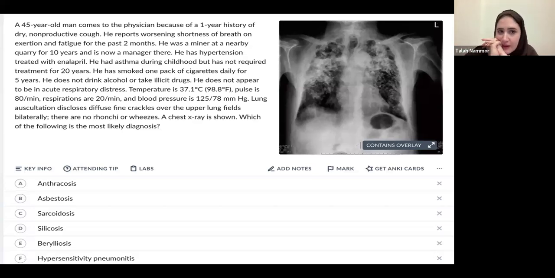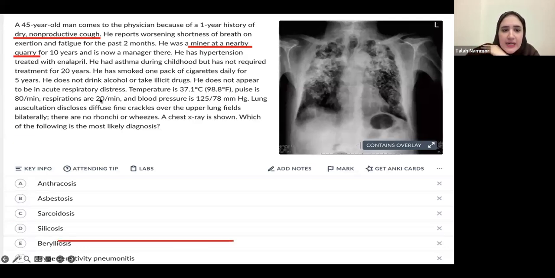A 45-year-old man comes to the physician because of a one-year history of dry, non-productive cough. He reports worsening shortness of breath on exertion and fatigue for the past 2 months. He was a miner at a nearby quarry for 10 years and is now a manager there. He has hypertension and asthma, he smoked, and he does not drink or do drugs. He does not appear to be in acute respiratory distress, so he's fine. But